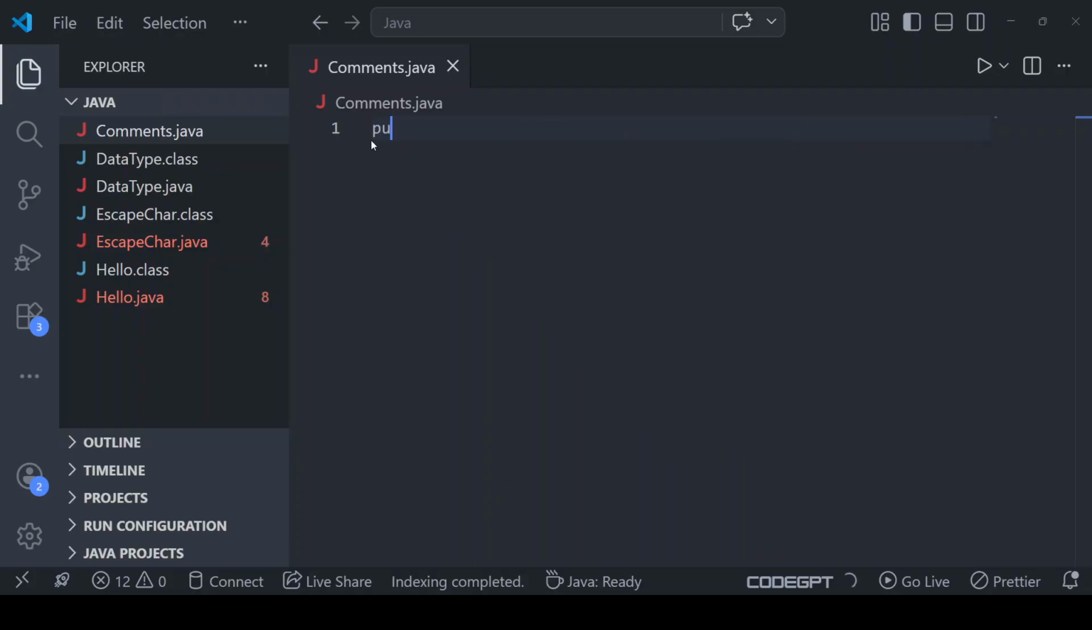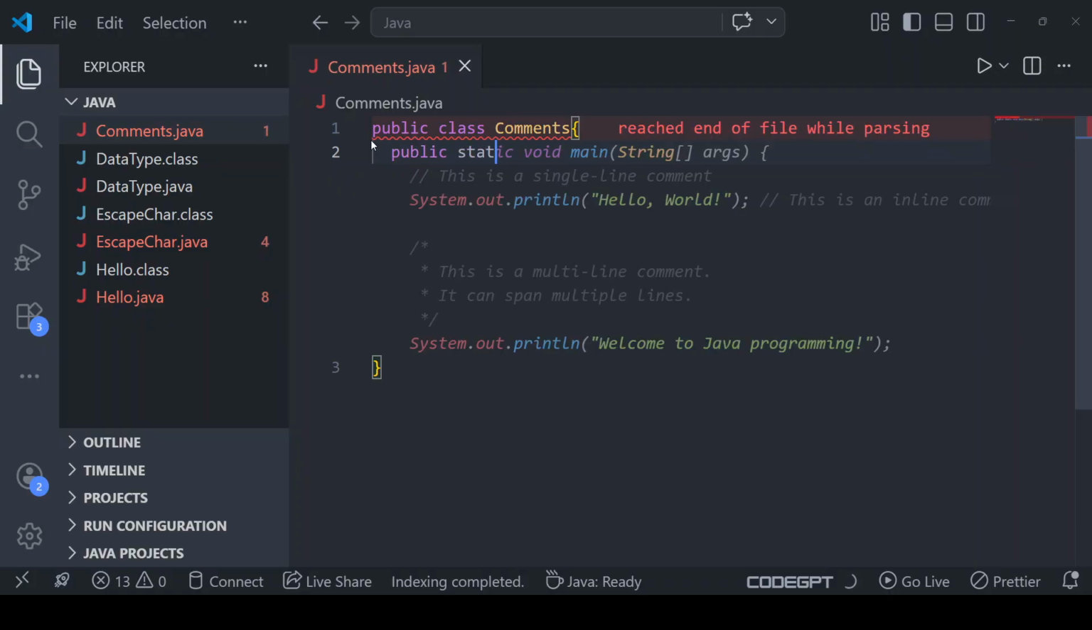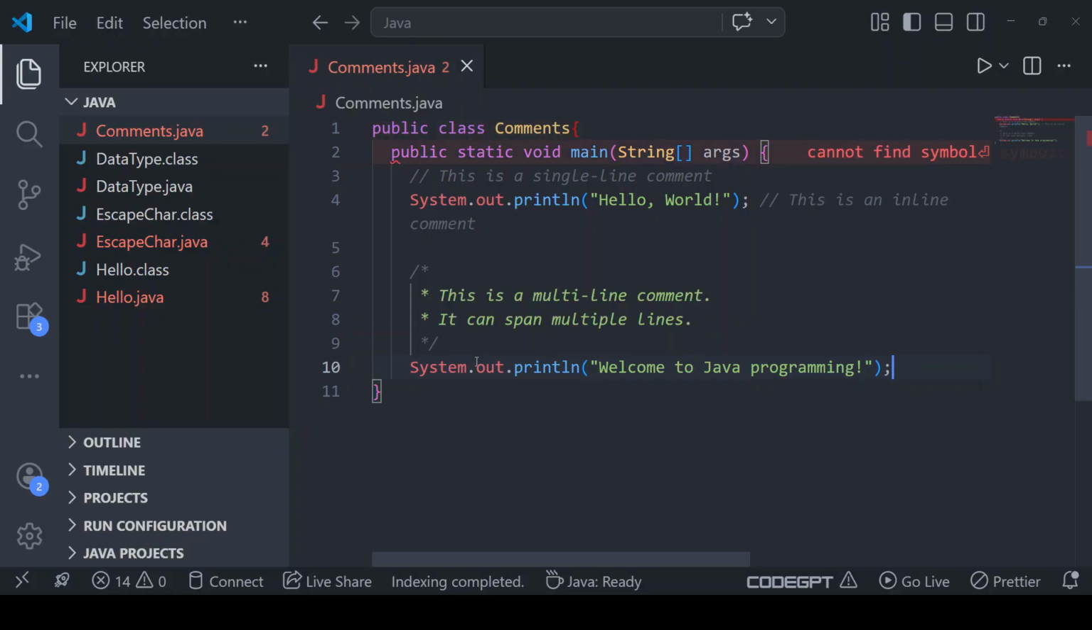Here we'll create a class, public class. Till now you are aware what will be the class name. It will be the same as the file name. Okay, then public static void main, for example. Now